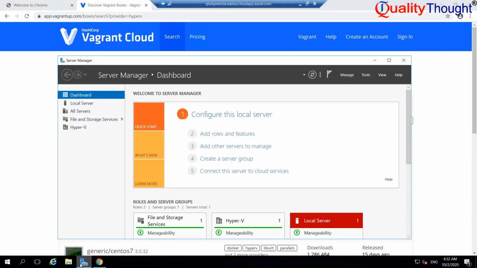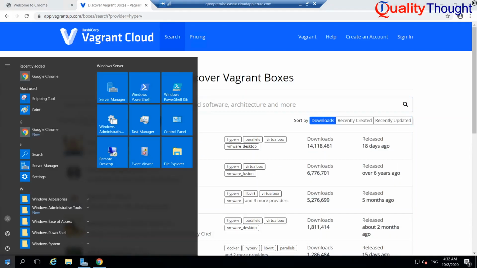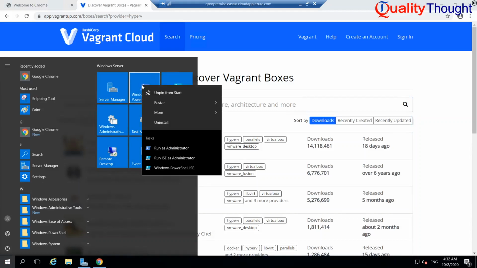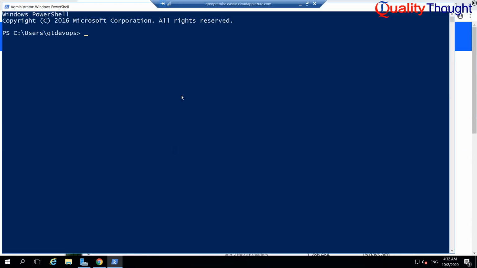Is the server manager ready? Yes. Let me run PowerShell as an administrator, and then vagrant box add centos/7. If you have any doubt with any of these commands, you can always use --help.